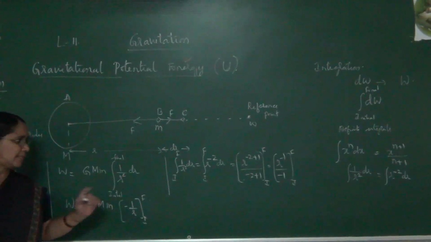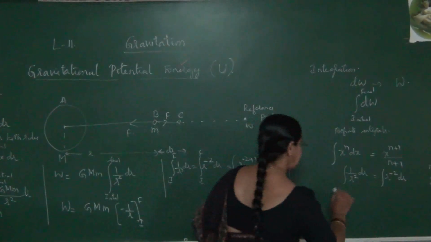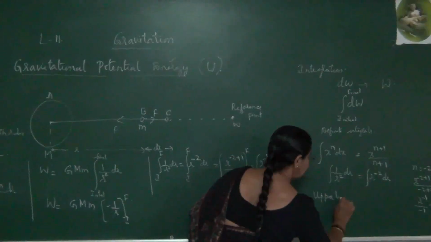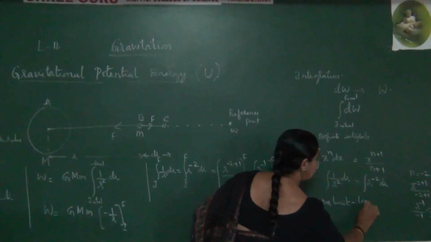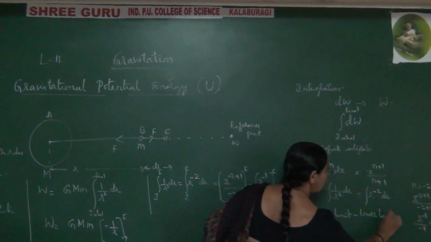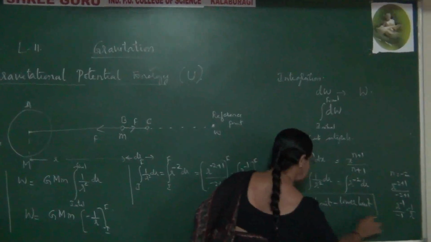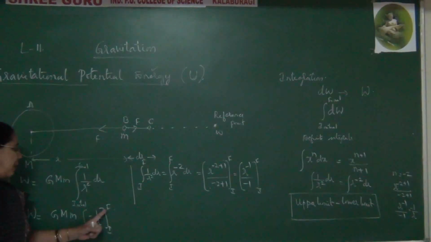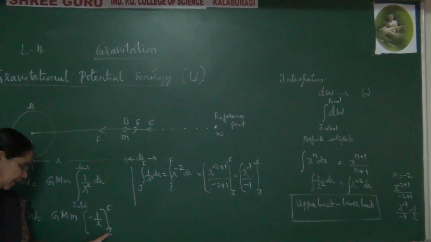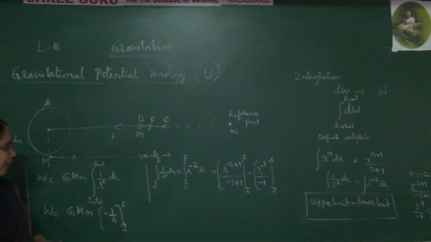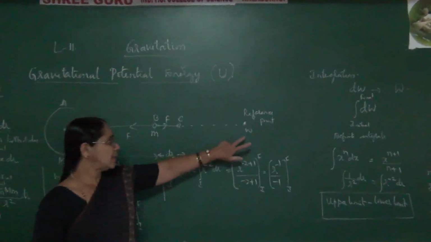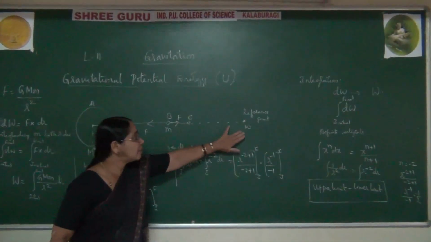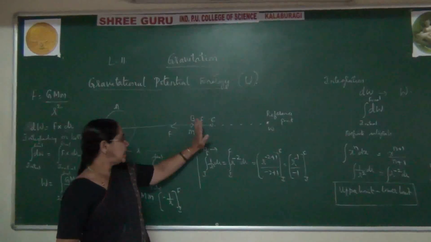But I have to put limits. When you put limits, then remember always we have a rule: upper limit minus lower limit. This is the one rule we have to remember whenever we put limits for this. Upper limit minus lower limit. Upper limit is what? Final. Lower limit is initial. So what is upper limit here? Upper limit is nothing but here this is infinity. Initial limit is 0. So you are bringing from that to this field. So you are bringing to 0.